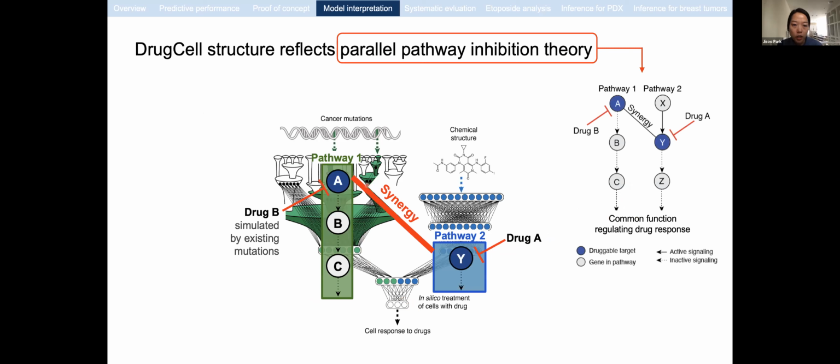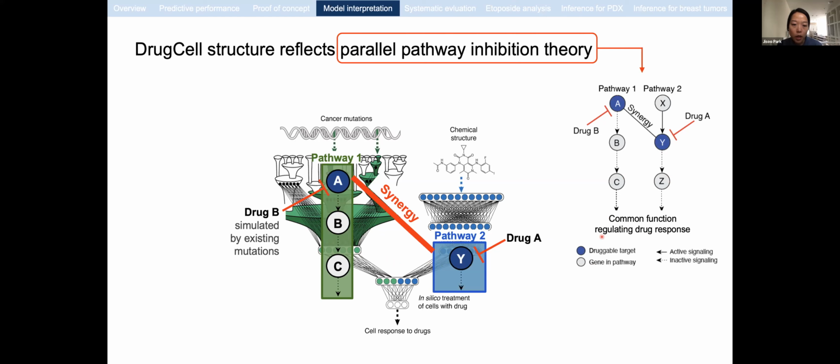Considering the synergistic relationship between the drugs and the high OLIP score pathways, we concluded that the model's inner workings mirror very well the parallel pathway inhibition theory of synergy. The parallel pathway inhibition theory holds two drugs are synergistic when they inhibit separate pathways that regulate a common essential